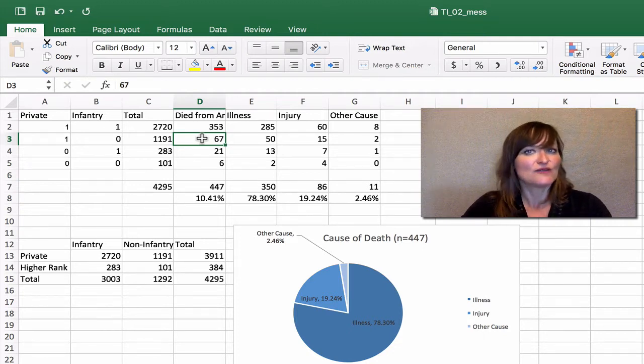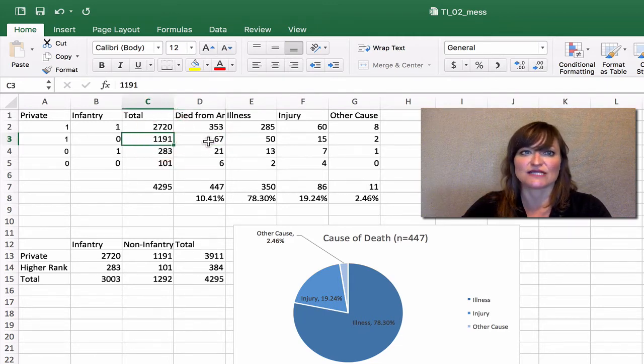But we can't compare those raw numbers directly. We need to take into account their base rates. And when we look at it, 67 of 1,000, nearly 1,200, and 6 of 100, those are actually going to be almost the same mortality rate. 6 out of 100 and 67 out of over 1,000.